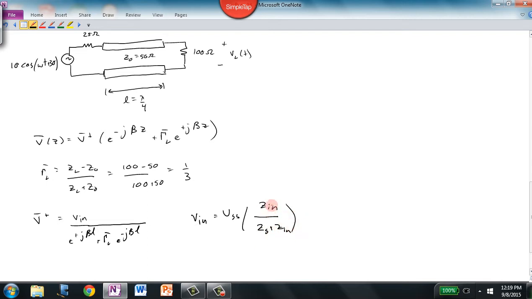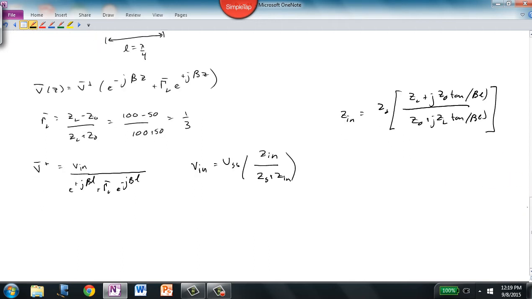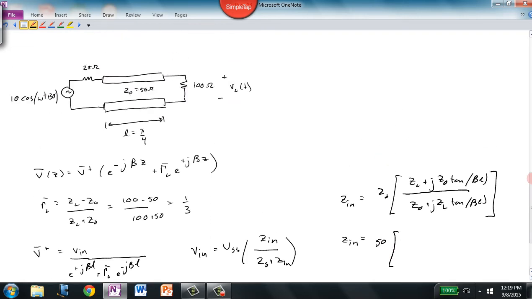So now we need to determine Z in. For Z in, we're just going to use our general formula for a lossless transmission line. So that was Z0 times ZL plus jZ0 tangent of beta L over Z0 plus jZL tan beta L. So we just plug and chug here. Z in is equal to 50 times 100